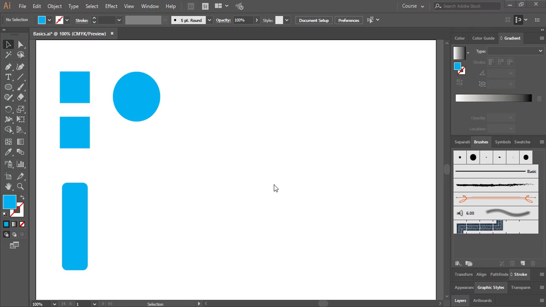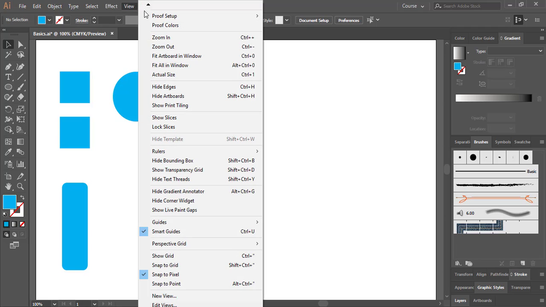Smart guides are one of the necessary things you need to know in the basics of Adobe Illustrator. And to activate the smart guides, you go to View, then you scroll down to the bottom here. You'll find the smart guides, and make sure they have the check mark here. You can also use the shortcut